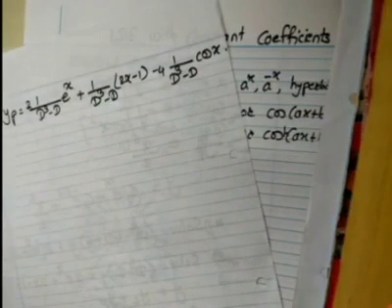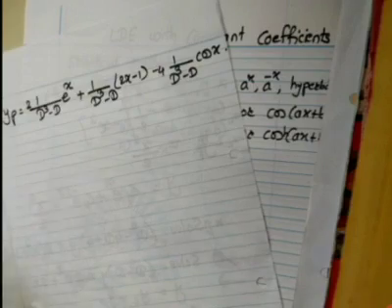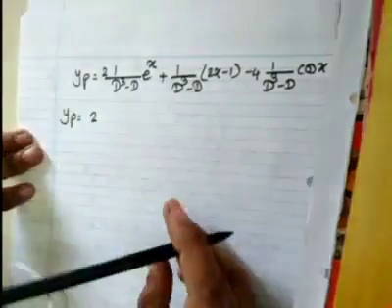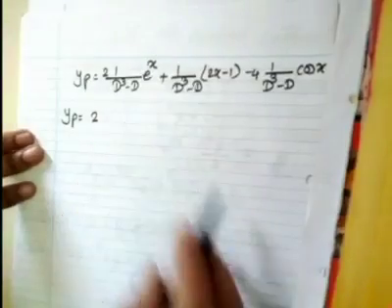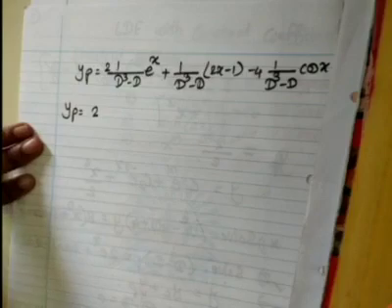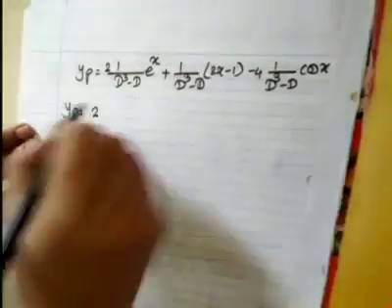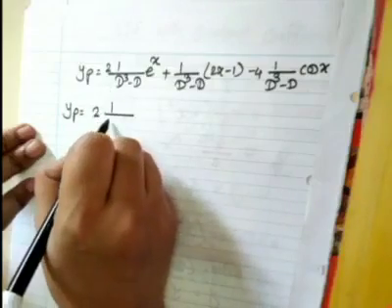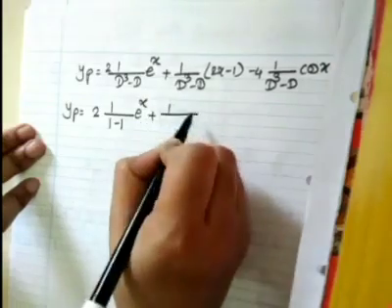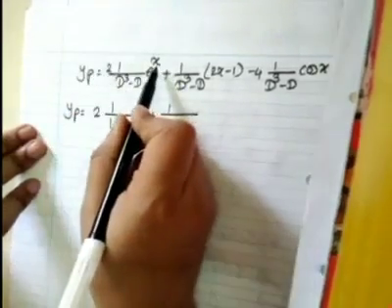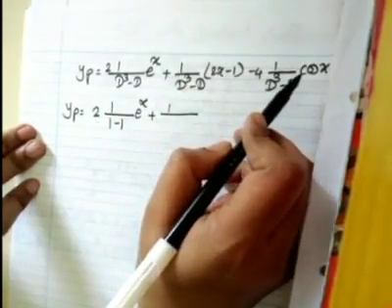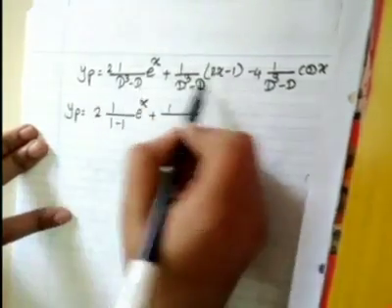We can solve them separately or we can solve them combined. Okay, we'll solve it combined. So yp is 2 into, what is the case? What do we need to substitute here? Wherever there is D, we will substitute 1. So it is 1 minus 1 into e raised to x. Plus, we'll think separately. We'll think for this as the first case. For this it is the polynomial case, and for this it is the cos case.